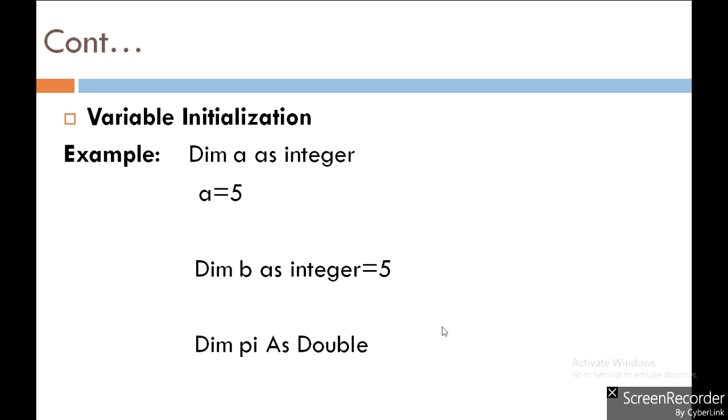Now, third example is I declared variable pi with a data type Double, so I write Dim pi As Double, and after that I initialize pi with its value 3.14159.